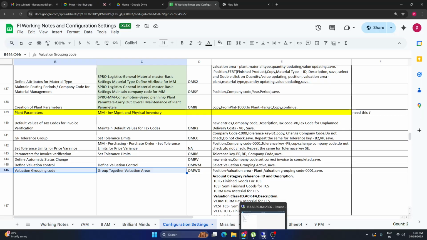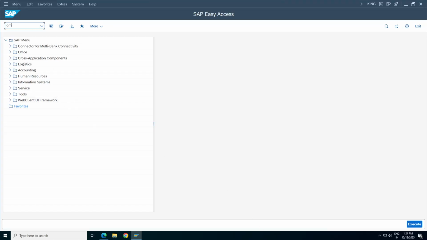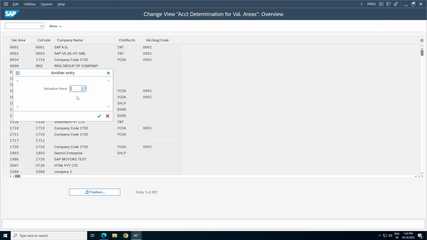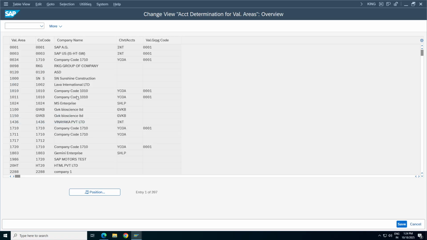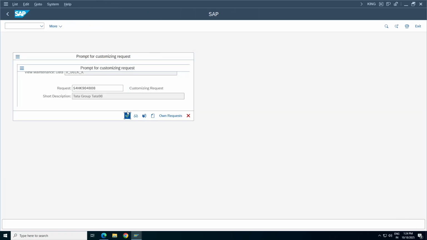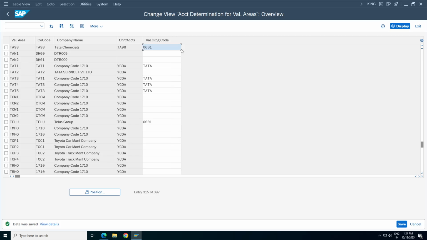Okay, OMWD. Here go to the position. Our valuation area is TA98 only, plant is TA98, so valuation area also TA98, company code TA98, and this is the chart of accounts, valuation grouping code. This is not required, we can use the standard one, 0001. What is the valuation grouping code? It's again plant level only. I mean, SAP already provided a certain